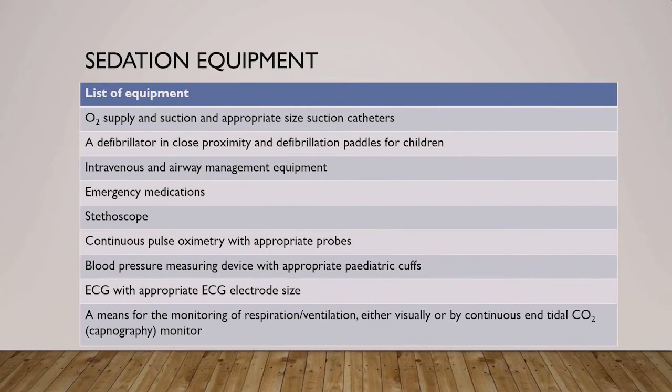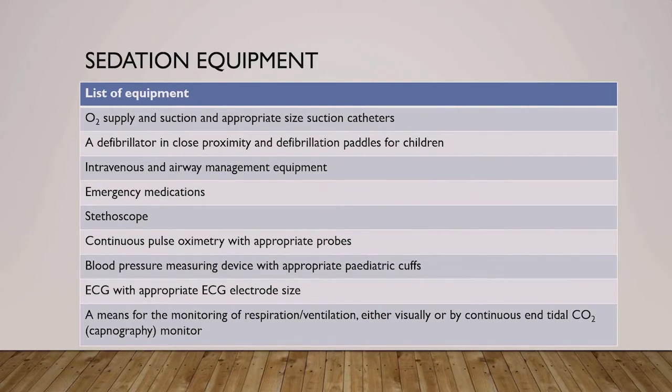So this is a list of the equipment suggested as needed for sedation. First of all, oxygen supply and suction with the appropriate size of suction catheter. There should be a defibrillator in close proximity, with appropriate size defibrillation paddles for children. And intravenous medication and catheter, airway management equipment, emergency medications, stethoscopes,